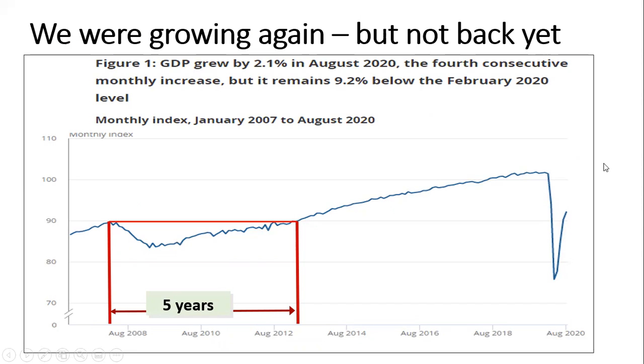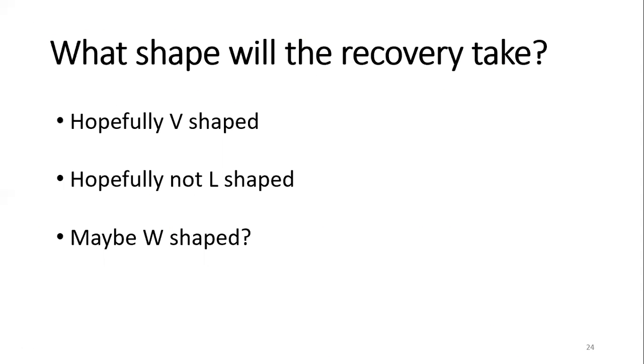Hopefully a vaccine gets rolled out. People can healthily go back to work and go out and spend, and the economy can get opened up again and we can return to normal. Let's hope it's not L-shaped where we go down and we just stay down for quite a long time, where maybe there's problems with the vaccine and the consequence is things can't open up for quite a while. And the downside of that is we get stuck in this situation for a prolonged time. Maybe it's more likely to be W-shaped where it goes down, comes back up, we go back into lockdown, then the vaccines get rolled out, then we come back up. So it might be a zigzag shape rather than a V shape where we go straight back to where we were.